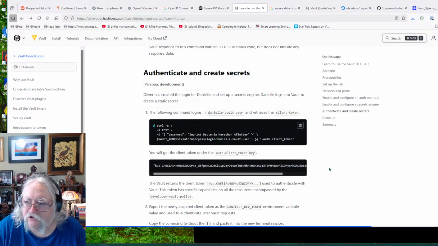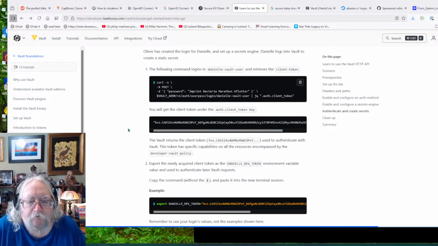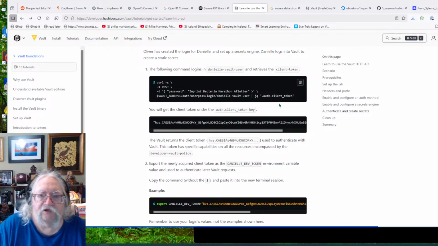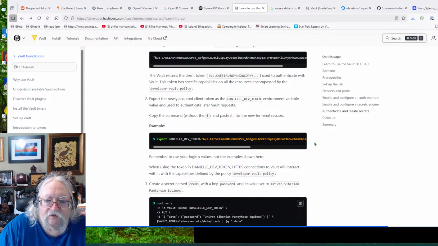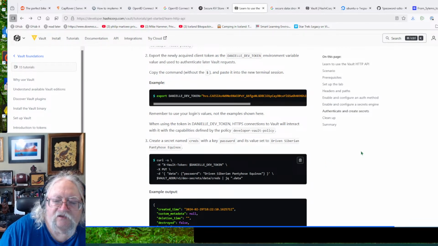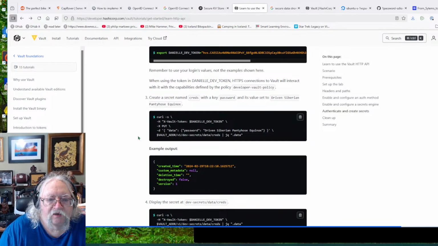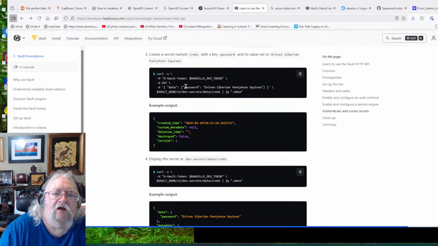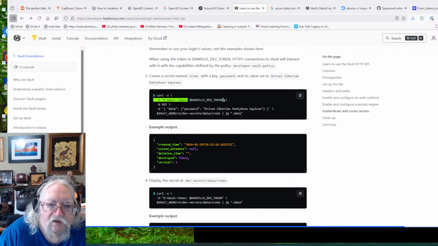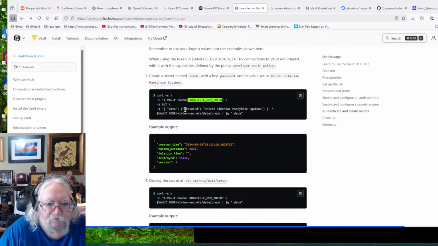Okay, so let's see, we're almost to the end of this anyway. The following command logs in Danielle and retrieves the client token. Now we're saving the token as an environment variable. Now we'll create a secret named creds. So here's the data. Right, so see here we're using the token in the header, and we're going to put into